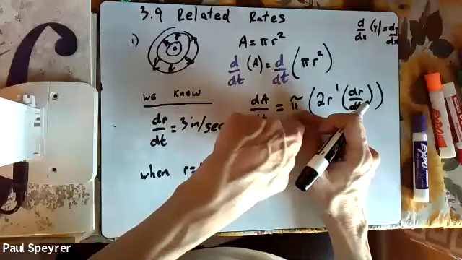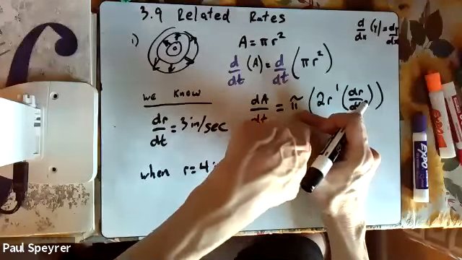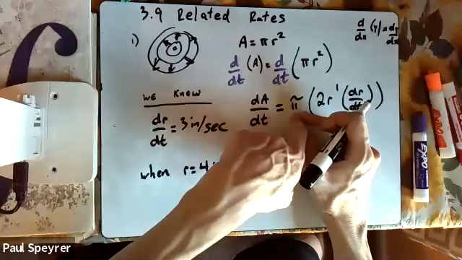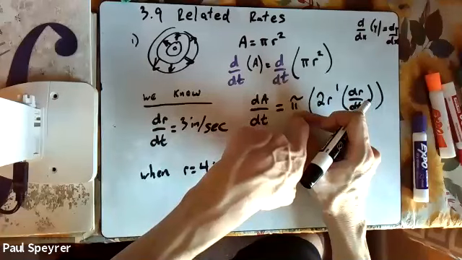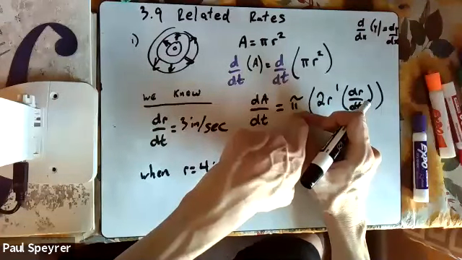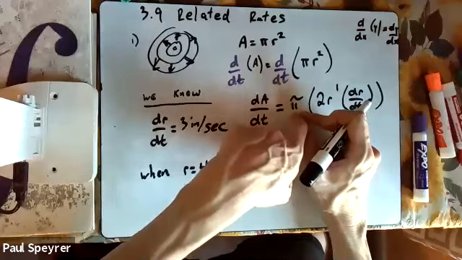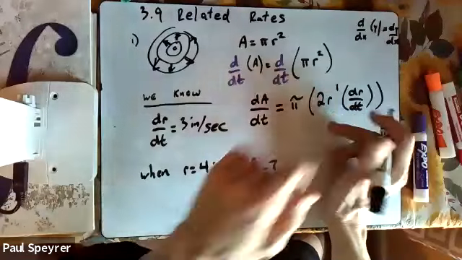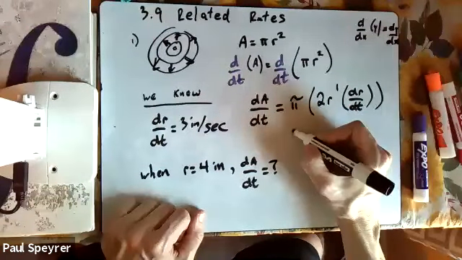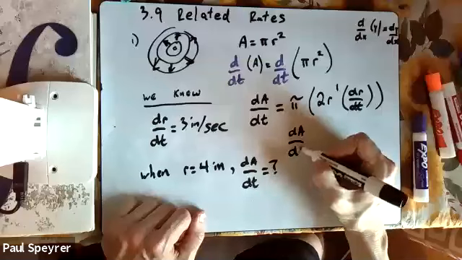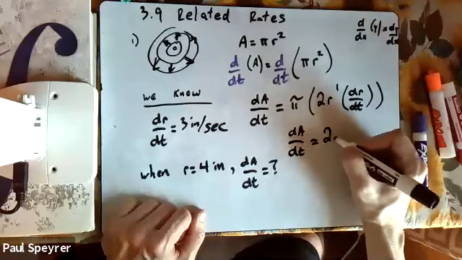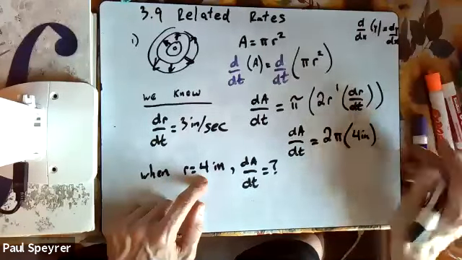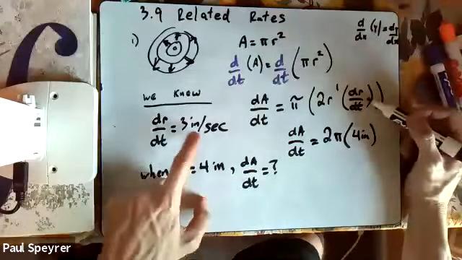Remember, pi is not a variable. That's an irrational number, right? Again, it's 3.14 and so on. When you're working these problems out, leave the pi in its exact form. Do not convert it to 3.14. If you notice on the homeworks, or the answers, they leave the pi there. So do not multiply the pi through. So let's substitute what we know. So we have dA/dt equals 2 pi, and then r was 4 inches, and then dr/dt was 3